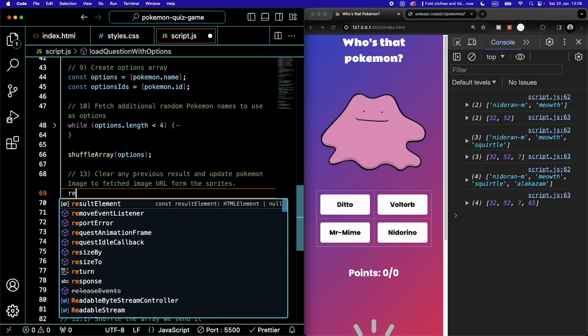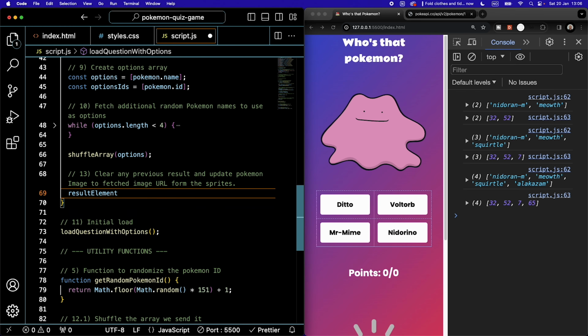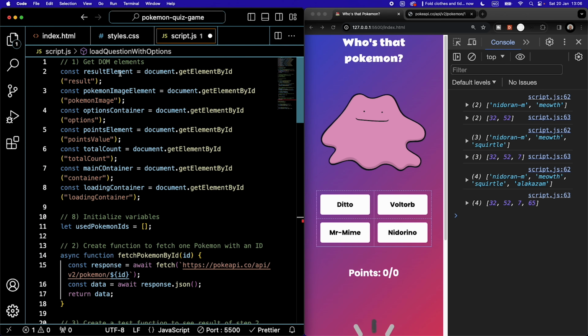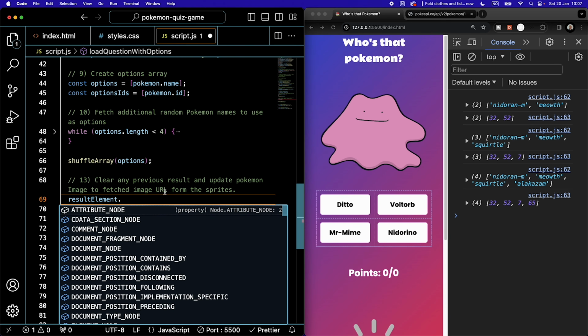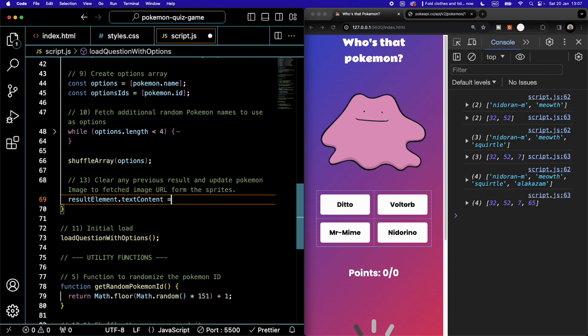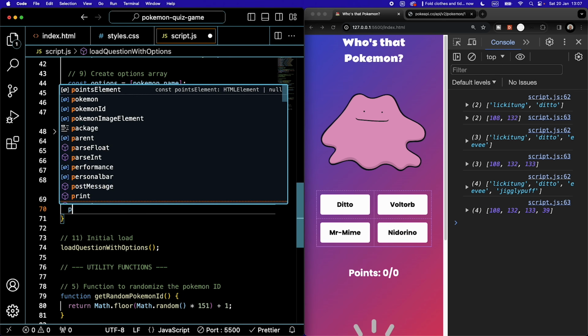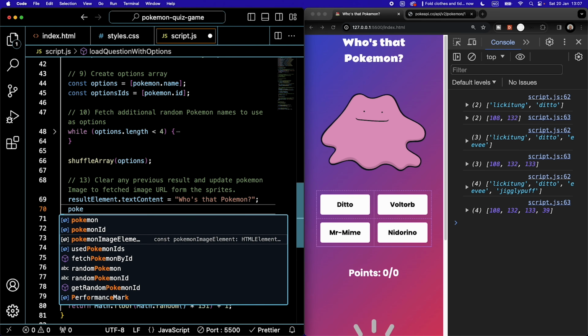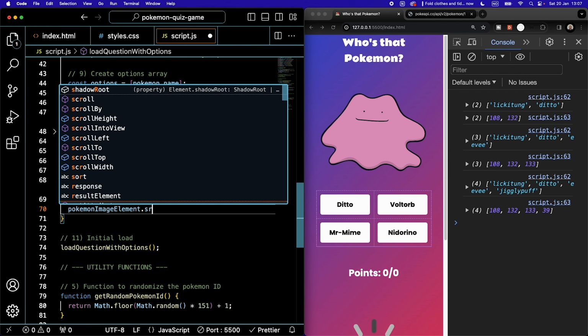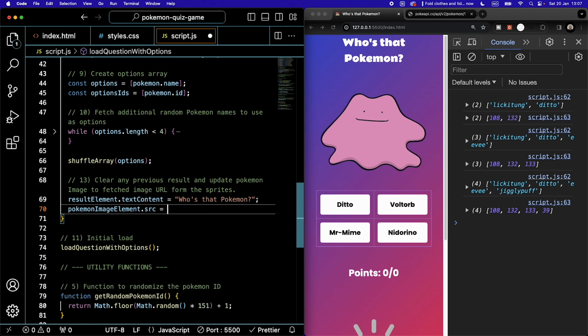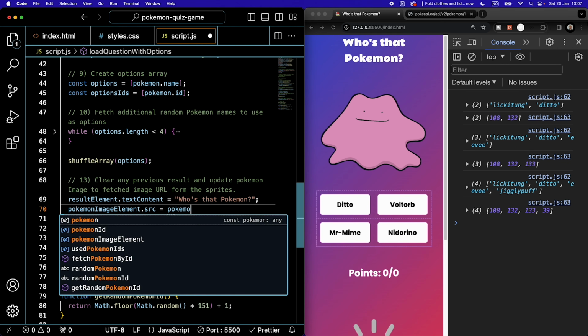Okay, so we're going to go into the result element that we had defined in the start up here. We are going to go into the text content of it, and we're going to say "Who's that Pokemon?", like so. We are going to go into the Pokemon image element, go into the source attribute. We're going to go and set that to the